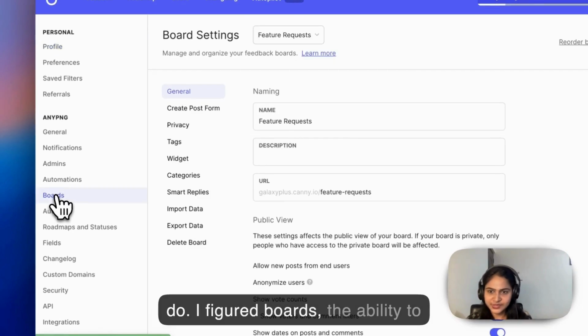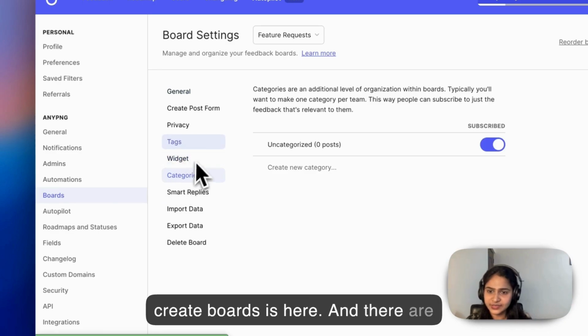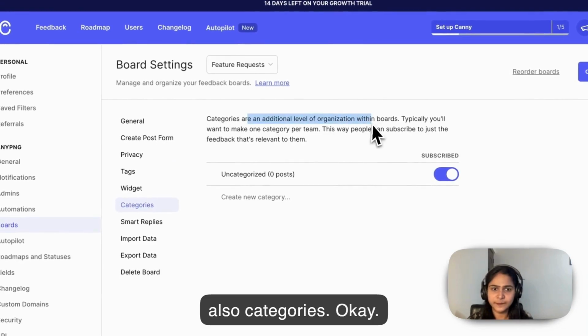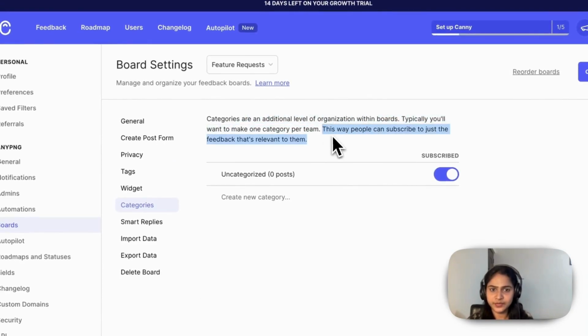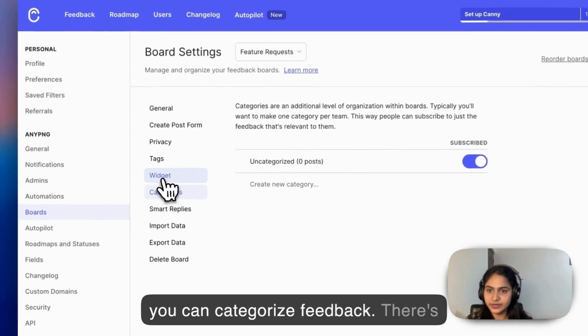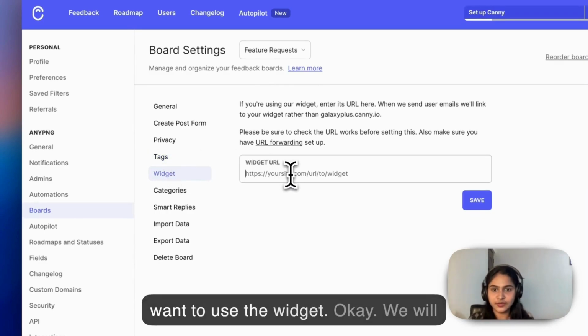I figured boards, the ability to create boards, is here. And there are also categories. Okay, you can categorize feedback. Okay, there's also widget customization. Oh, if you want to use the widget,